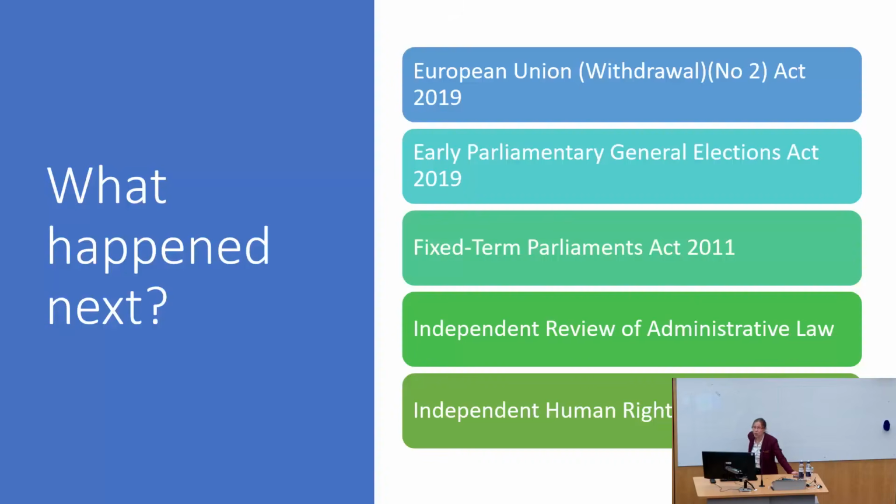It's highly unusual. And what this required was Parliament, by a set deadline, either had to vote to agree to the withdrawal agreement or to vote to leave the EU with no deal. If it didn't do either of those, the Prime Minister had to ask the European Union for an extension. That's what happened. And shall we just say, he wasn't very happy about it. But the law required him to do it.